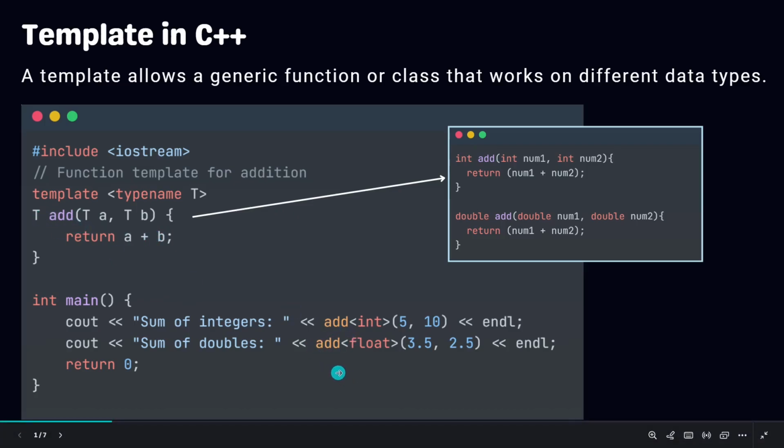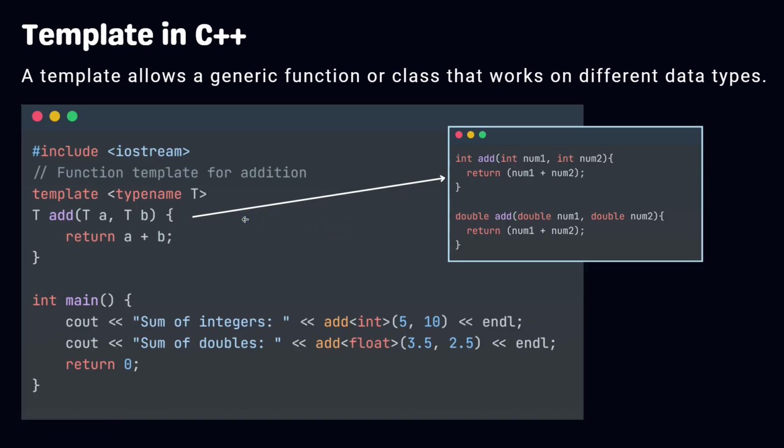Now again consider if I have one more add call, add integer 10 and 20. The compiler will not create a new instance. Instead, the compiler has already created an instance for this integer. It reuses that instance, does the calculation and returns. So for each individual data type, the compiler creates an instance of this template function and uses it for the calculation. So at a high level, templates